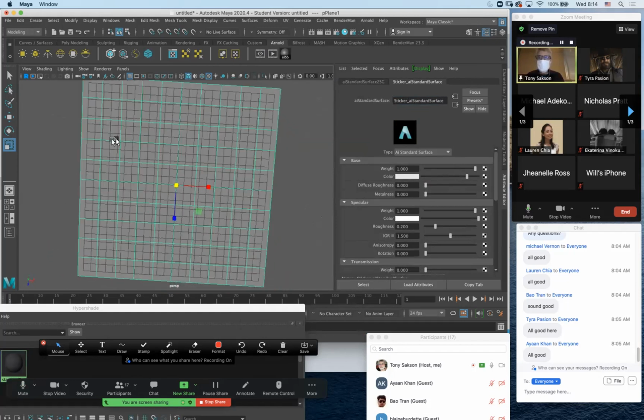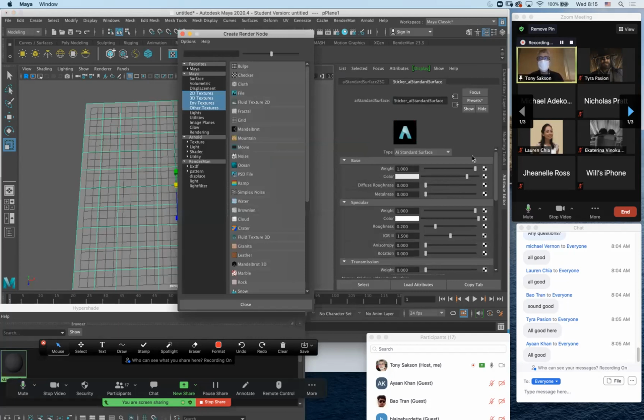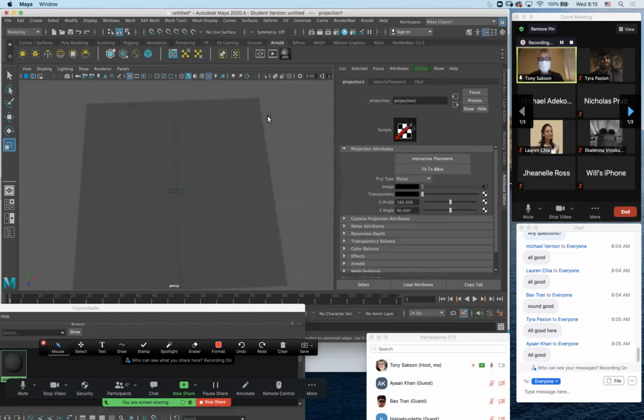All right, so now I want to take that same sticker and I want to be able to put it on the surface, but move it around. So I'm going to assign my same logo into the base color like I did, but instead of left clicking on file, I'm going to right click. When you right click, you get a contextual menu like this. So right click, now I have the ability to create as projection. When you left click only, you only get create texture. So you have to right click, choose create as projection. And now